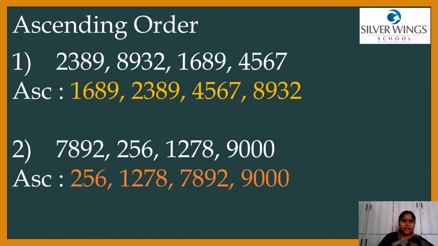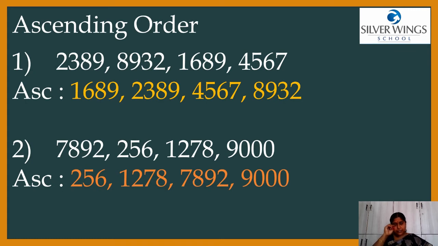Now come to ascending order. Ascending order means smallest number to biggest number. Arranging the numbers from the smallest to biggest is called ascending order. Here the strategy is going up steps. Going up the steps is called ascending order. Ascending order means start and go up. Start at the first step and go up one by one. That is called ascending order.